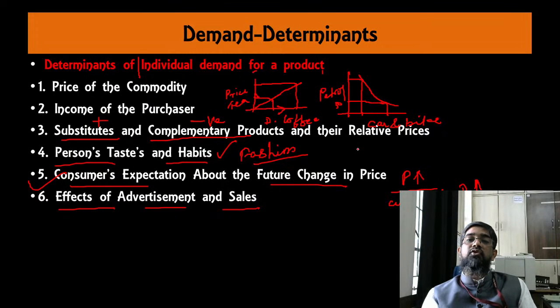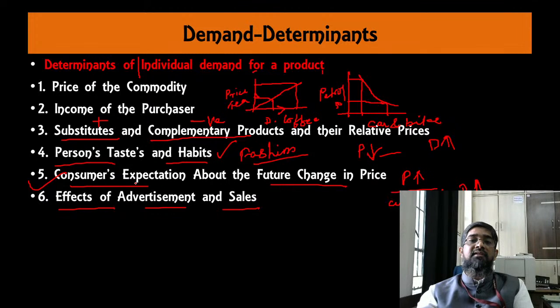अगर आपका एक्सपेक्टेशन है कि प्राइस घटने वाला है, मे बी सम डिस्काउंट इज कमिंग और सम फेस्टिवल इज कमिंग, फेस्टिवल बोनस होने वाला है जैसा अभी दिवाली के टाइम में था, तो व्हाट हैपेंस, पीपल रेस्ट्रेन बाइंग नाउ. अभी करंट डिमांड घट जाएगा और फ्यूचर में जब प्राइस एक्चुअल में घटता है तो फिर डिमांड बढ़ जाएगा. सो दिस वे कंज्यूमर्स एक्सपेक्टेशन ऑल्सो इन्फ्लुएंस the demand of a product.